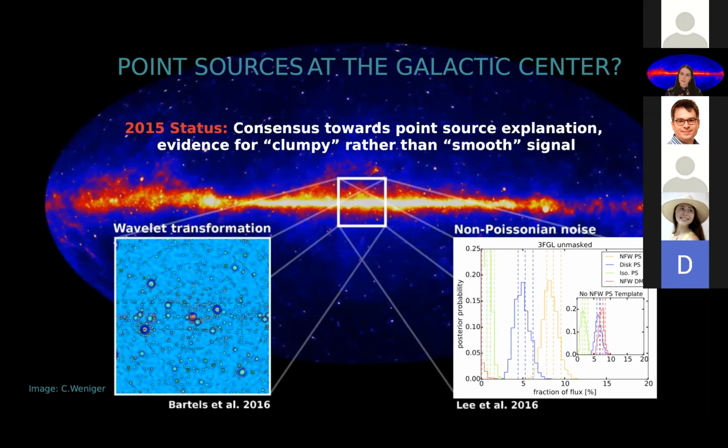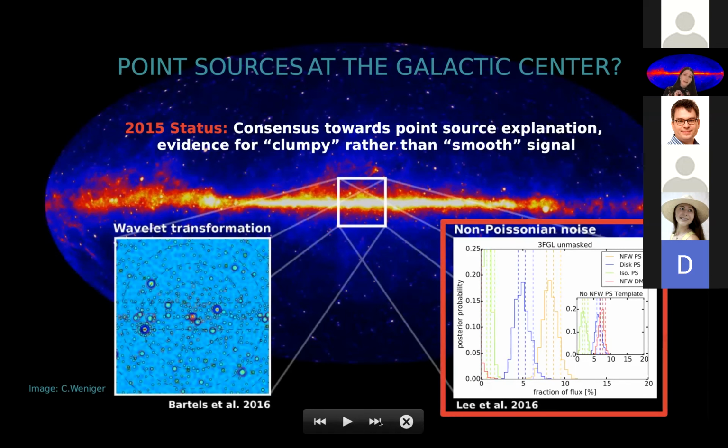And that is the red thing that's peaked, pushed up towards the left. And then you see in that orangey yellow, around 7-8% of the flux, it all went into point sources. And it did that with a very large Bayes factor. So it was very statistically preferred to have the flux go into point sources. So in 2015, it was looking a bit like maybe the answer was that the galactic center excess is point sources. But